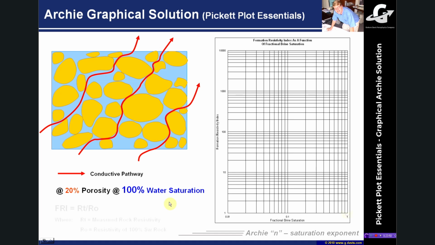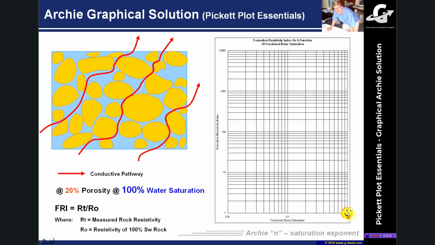We define this formation resistivity index as the measured rock resistivity over the resistivity of the rock when it's 100% saturated. So those are all our Archie points, if you like, by definition, our Archie M points on our previous Pickett plot, our water-bearing points. Here they are, and the ratio, of course, is 1. The resistivity of the rock is the same as the resistivity of the rock at 100% water saturation,